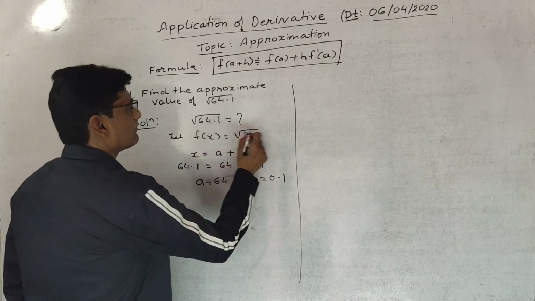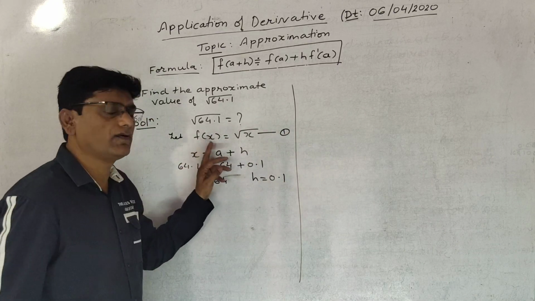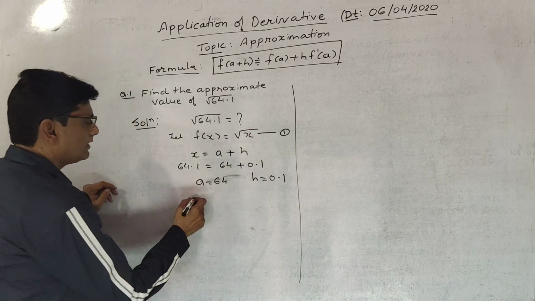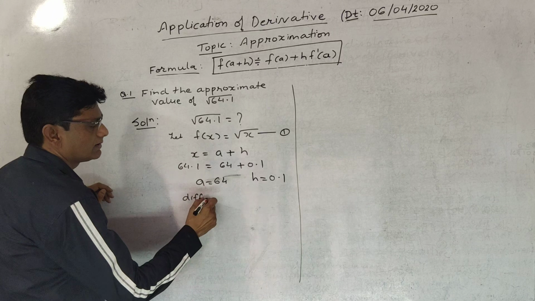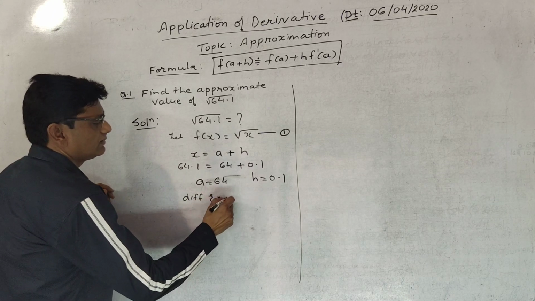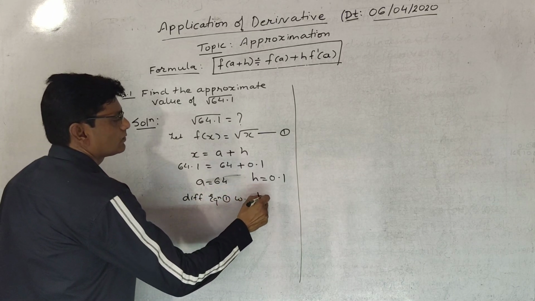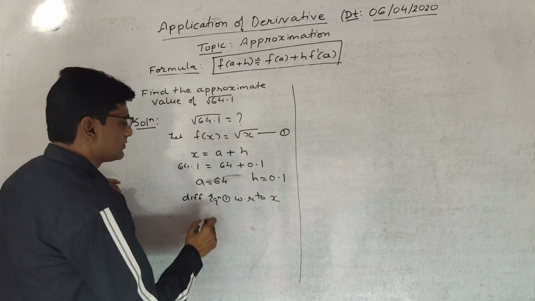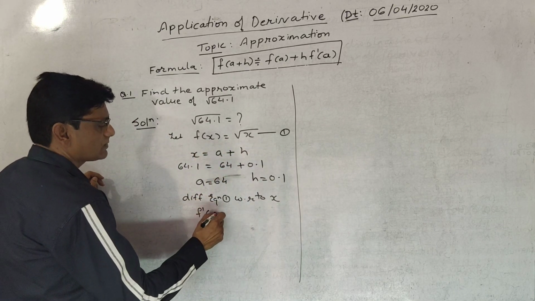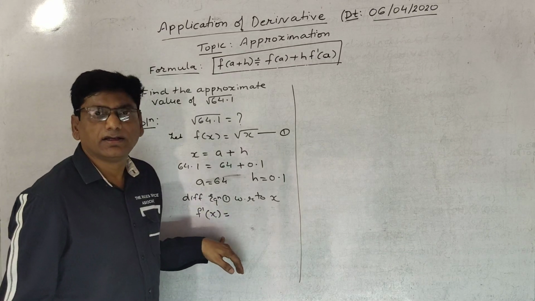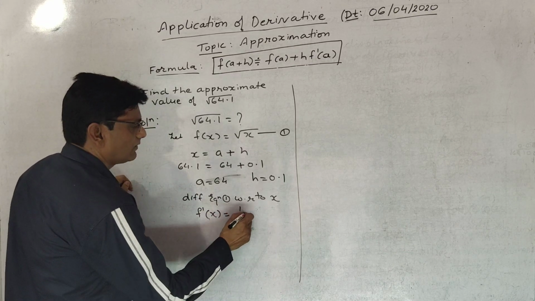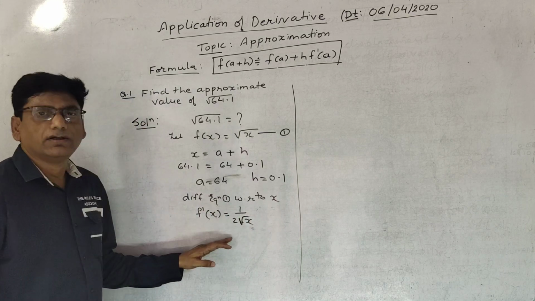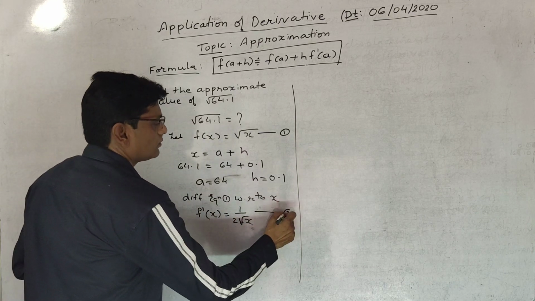Okay. So our first equation is this, f of x equals to root of x. Now we will differentiate equation 1 with respect to x, because the function we have taken in x. So now it will comes out to be f dash of x. f dash of x will be 1 upon twice root of x. This is our equation 2.